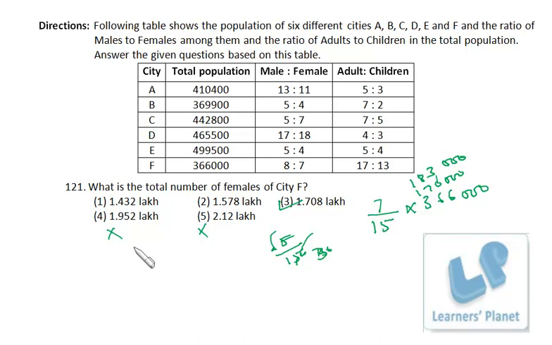Apart from that, if you want the exact calculation, you can do 7 by 15 into 366,000. So 15 twos are 30, 15 fours are 60, 0, 0, 0, right? So 7 into 24400 is your answer. And you can even calculate the digital root over here. 4 and 4, 8 and 2, 10, 1 into 7, the digital root must be 7, right? Here we can match 8 and 1, 9, eliminated, 7 is the digital root. So this is once again the correct choice.